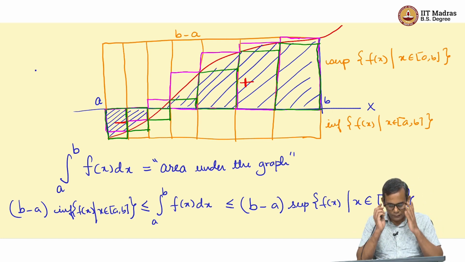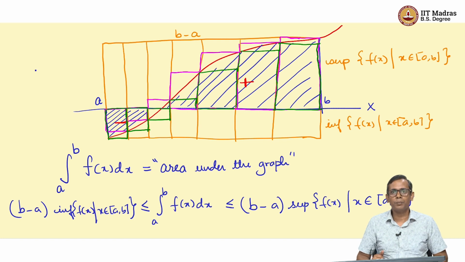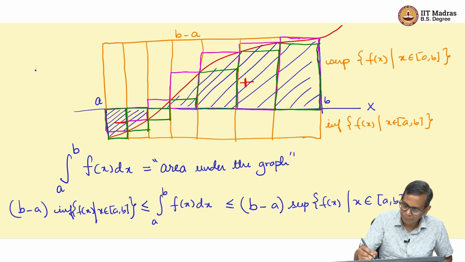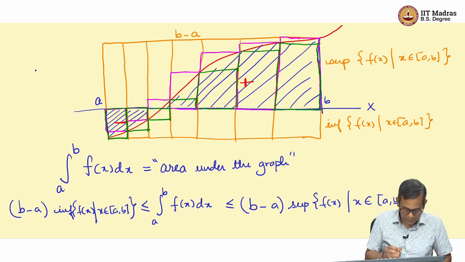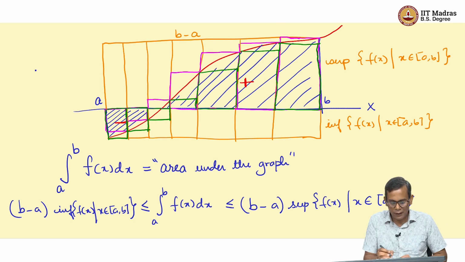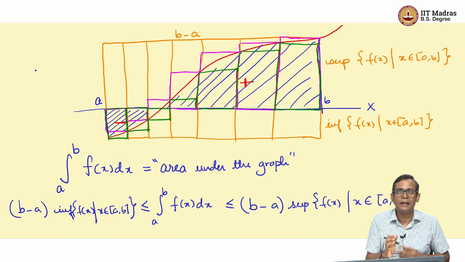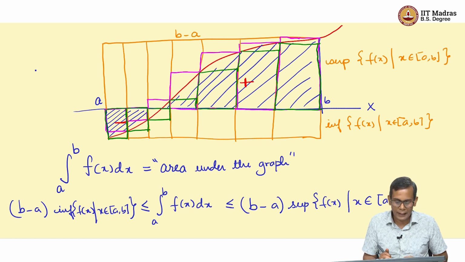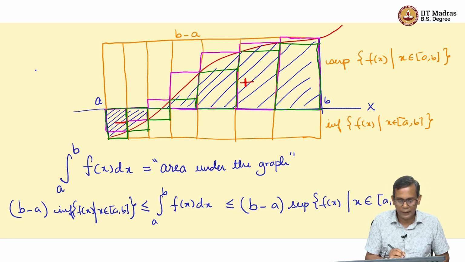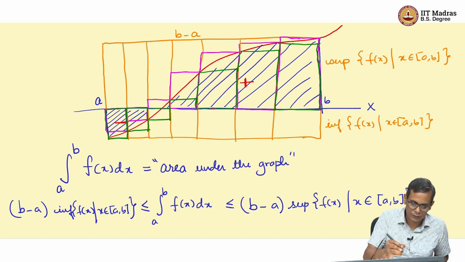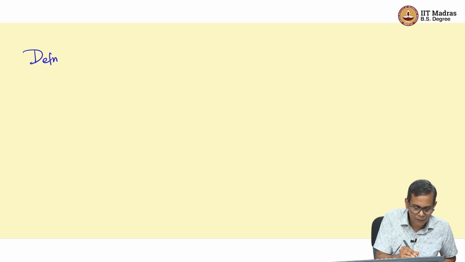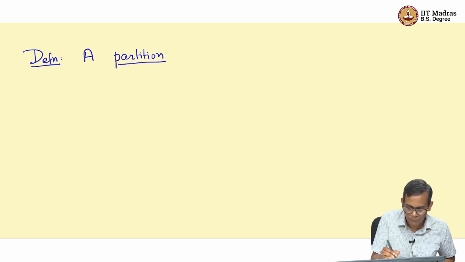So let's try to write down what I've done here somewhat more precisely. The basic thing that we are doing is subdividing the interval a to b into small segments. So I'll call that a partition of the interval [a, b]. So let's write that down as a definition. Definition: a partition of the interval [a, b]